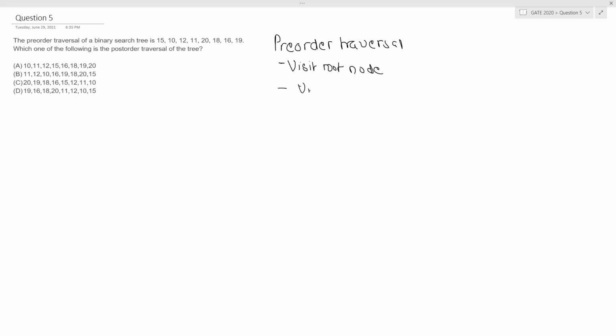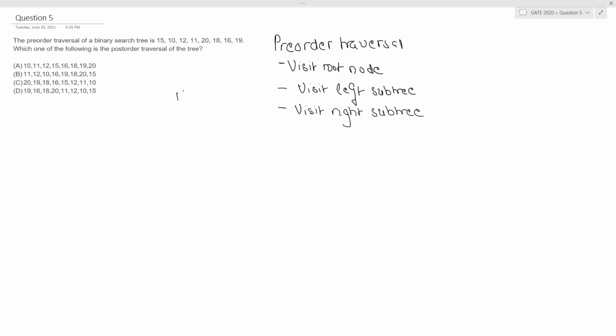Then we visit the left subtree. And then we visit the right subtree. Okay.